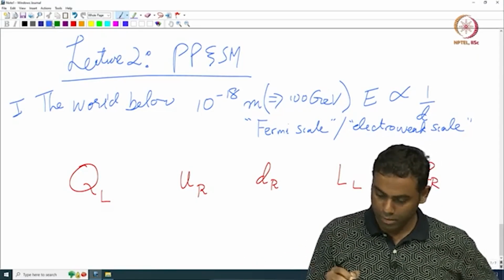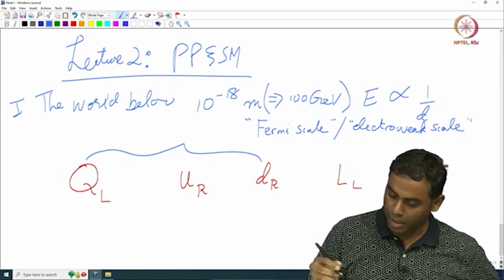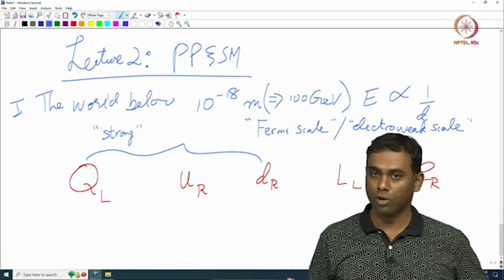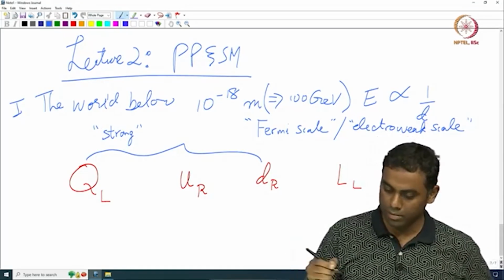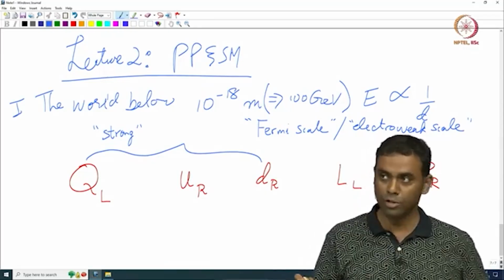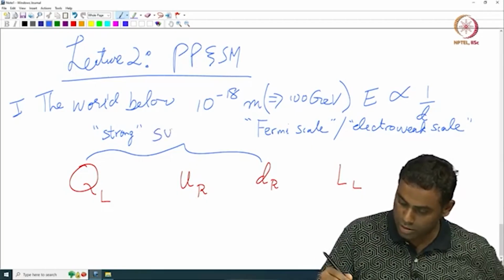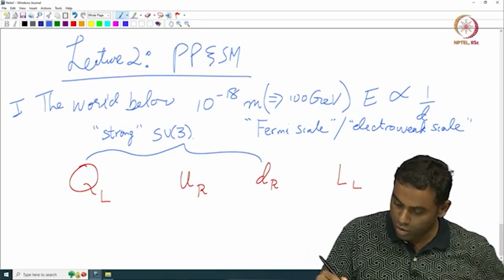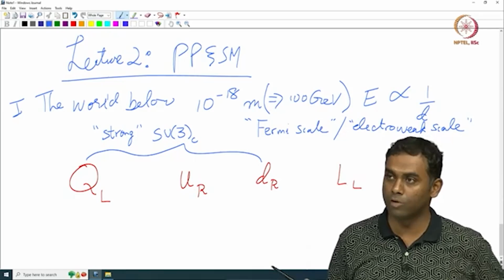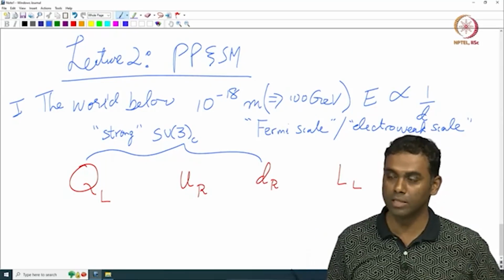Now these 3 participate in the strong force, okay, the strong fundamental force, sometimes called the strong nuclear force, although it does not have to do with nuclear all the time, okay. And we will see in the course of this course that what we mean by strong is that these fields are invariant under transformations of a particular symmetry group called the SU3 group. The C subscript stands for color,